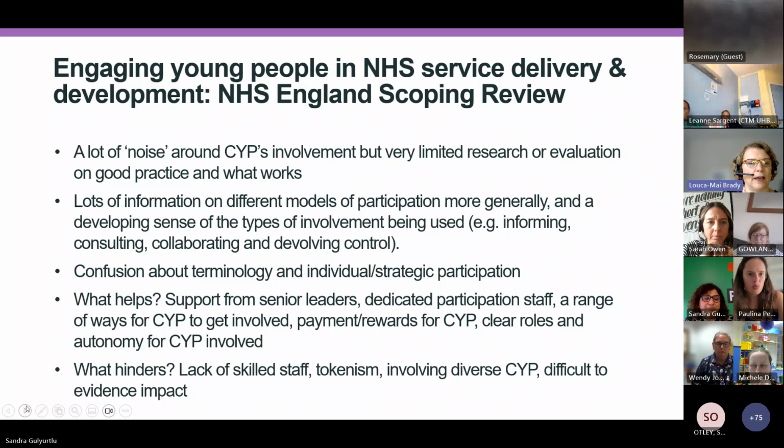And what we found kind of echoes what I was talking about: there's a lot of talk about children and young people's participation, and why it's really important, but actually we don't really know that much about what's done and what works, what kind of approaches people are using. But also I think a sense that where there is work going on, it tends to be led by adults. I mentioned terminology at the start, and there's a lot of confusion about terminology,